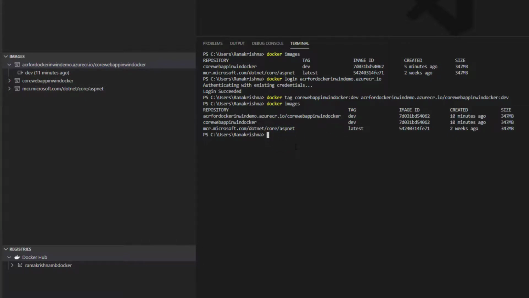So let us push this image to Azure Container Registry. Actually, just change this command, the previous command. Just push. That's it.